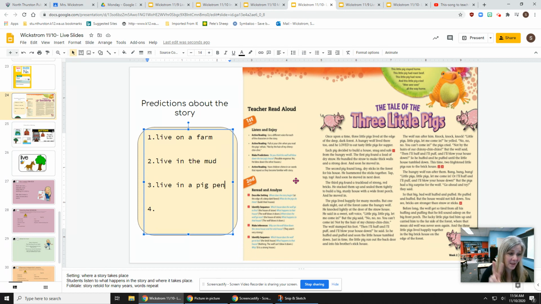The second pig found long dry sticks in the forest for his house. He hammered the sticks together, tap, tap, tap, tap, and soon he moved in next door. The third pig found a truckload of strong red bricks. He stacked them and sealed them tightly to build a big, sturdy house with a wide front porch, and he moved in. The pigs lived happily for many months, but one dark night, out of the forest came the hungry